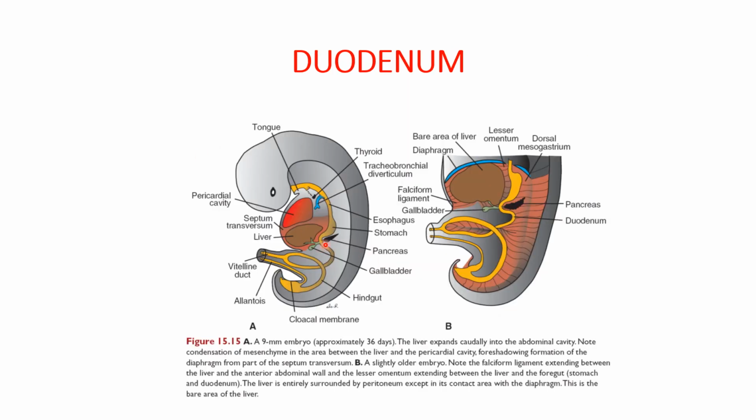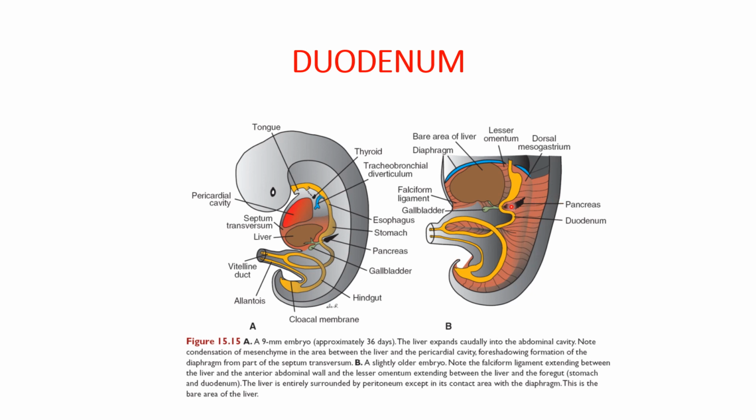The duodenum lies just below the stomach. So whatever changes take place during the development of the stomach, there will be an effect on the duodenum as well. With the rotation of the stomach, the duodenum also rotates. When the stomach was rotating to the left side, the duodenum rotated to the right side and acquired its C-shaped loop. This is the mesoduodenum in the second picture.